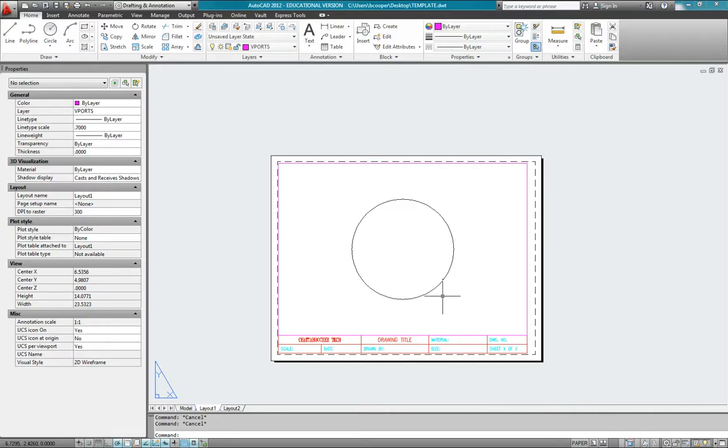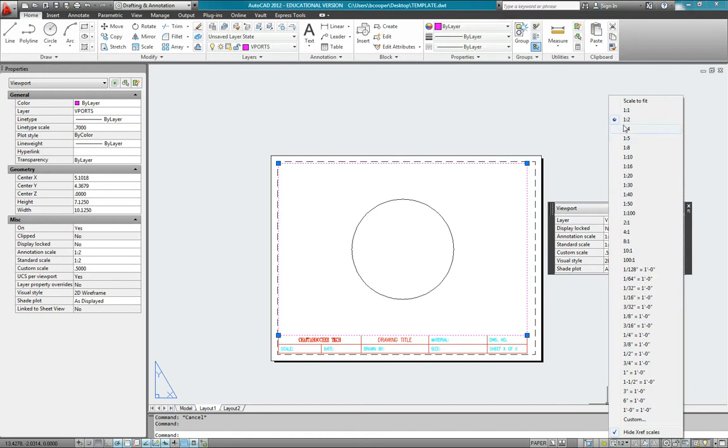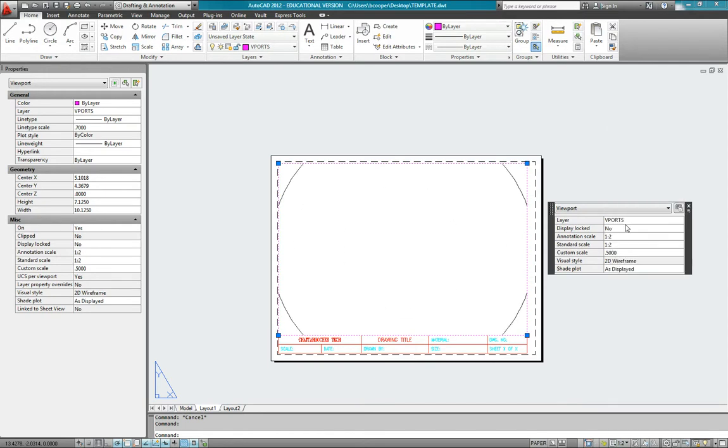It may be appropriate sometimes to actually double the scale. It won't be for this drawing, but if you did, instead of a half, the bigger number goes in the front when you're making the scale bigger. Okay, so that's 2 to 1. Of course, that's way too big for this one, but that's the purpose of the viewport, and that's the reason